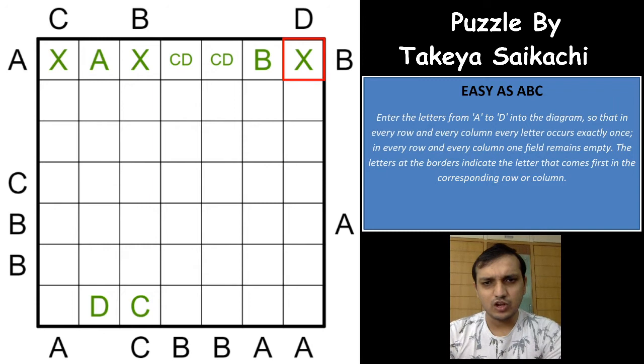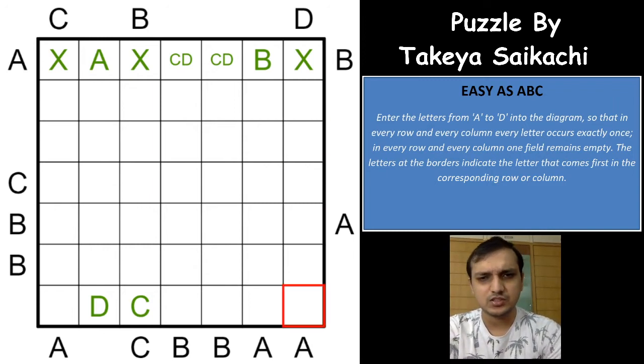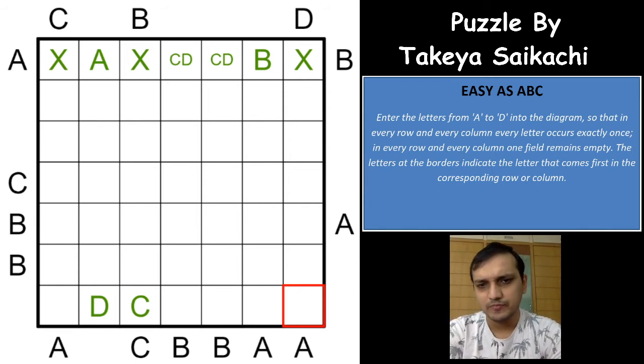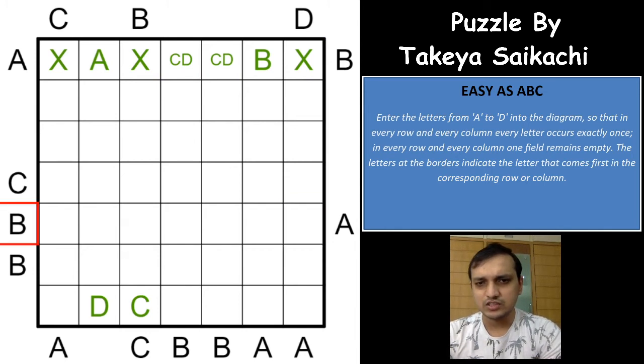So if you see this column now, you just have to look out for the alphabets that can be placed in that column. Where can the alphabets be placed in that column? So if you see here, you cannot place a B here. You cannot place a B here as well, because B is in the opposite direction, the clue. So whenever you have such a case that there is an alphabet in the opposite direction of the row which you are seeing, the first row or the last row or the first column or the last column, and the clue given outside in the opposite direction, it cannot be in that cell, right, in that column.